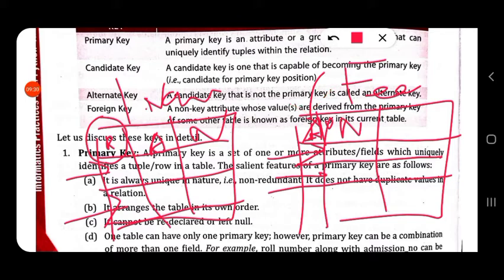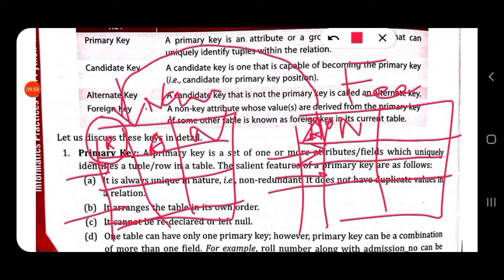Now I have used this admission number in my class table also. So I am using the primary key of some other table in the current table. Admission number is the primary key of another table that I am using in my current table.